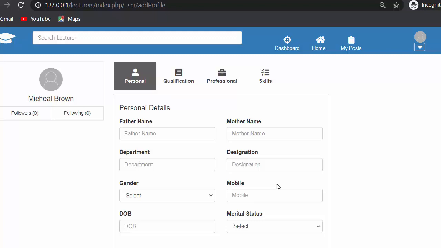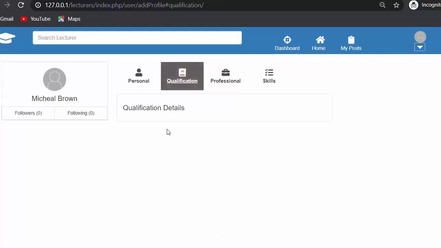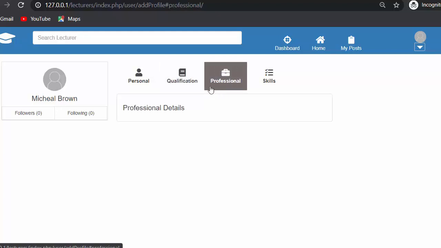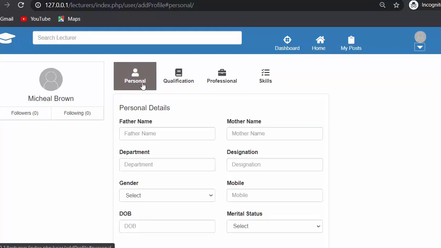Hi everyone, this is Mahmoud Sheikh, and for the past few videos I have been working on developing a lecturer's management system using PHP CodeIgniter, Ajax and jQuery. In my last video I completed the functionality of designing this card and tab based system, so that whenever a user clicks on the qualification tab, a different div gets loaded. Whenever a user clicks on the professional tab, another div will get loaded with its form elements. This is what I had covered in my last video, and in this video I will discuss